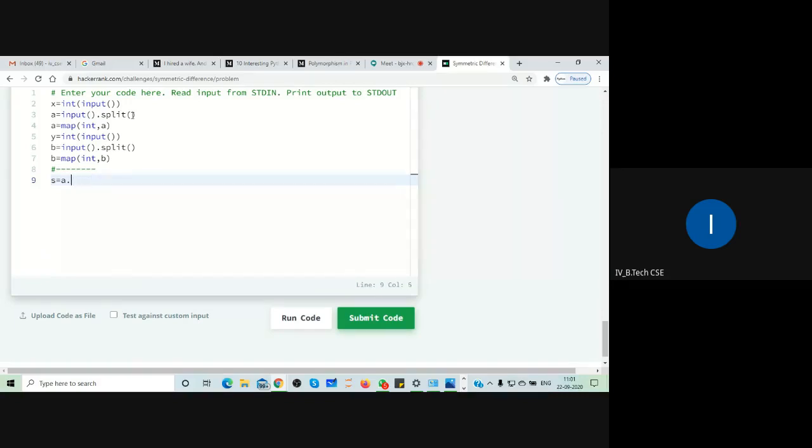or we can do like this. A minus B union, this is union, and you can do B minus A. So like this also we can do, there is no issue.